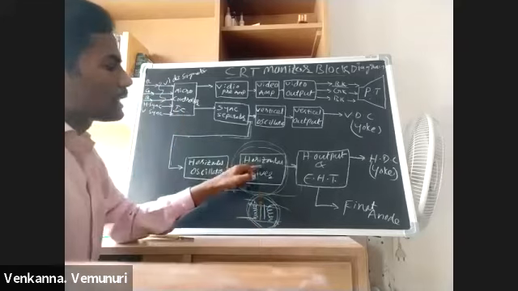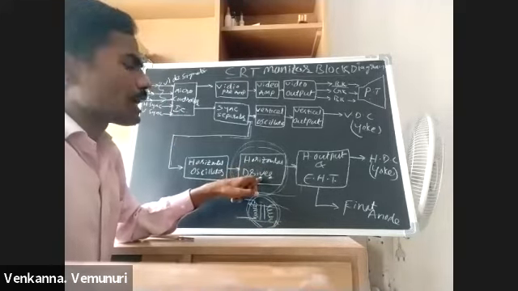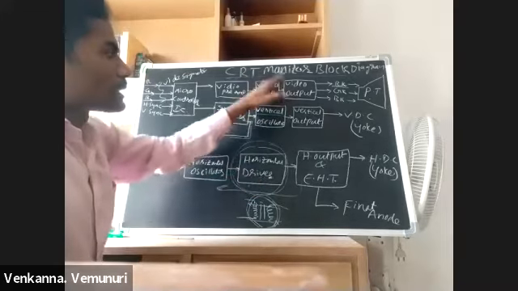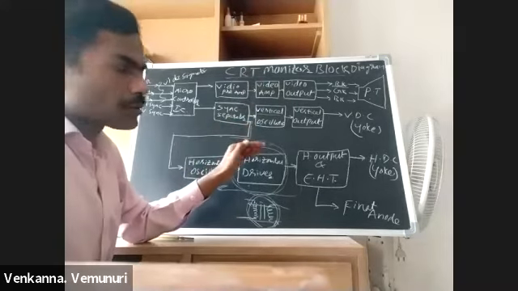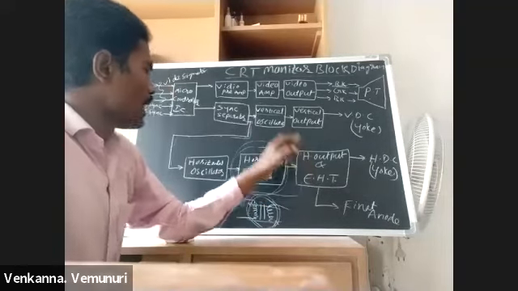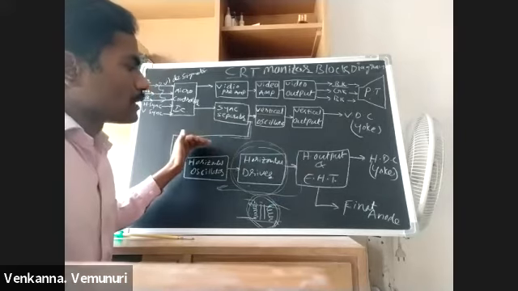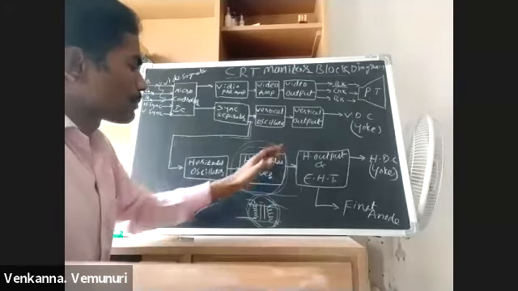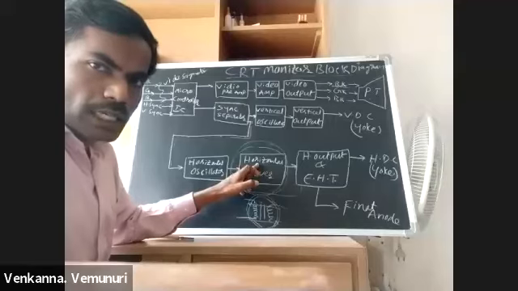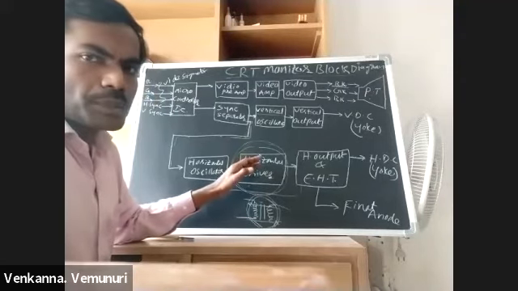That is the reason we are using a horizontal driver transformer only in the horizontal section. In other sections we are not using a driver transformer. The reason is this horizontal output section is high voltage and this horizontal oscillator section is a low voltage section. So here we are using the horizontal driver transformer for isolating purpose, and also for impedance matching purpose.